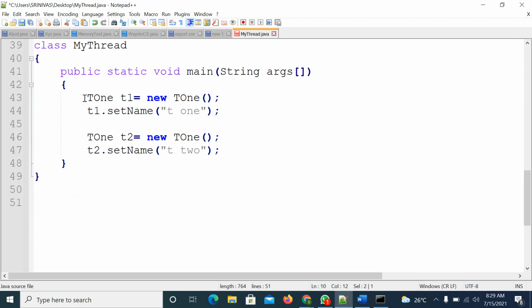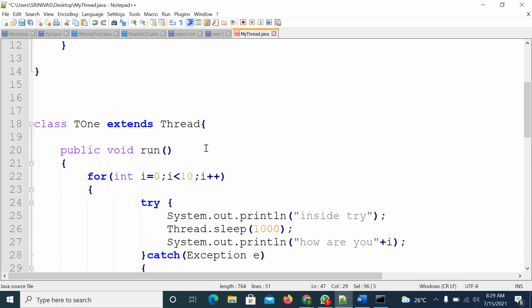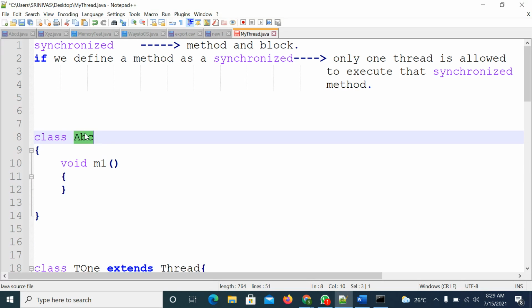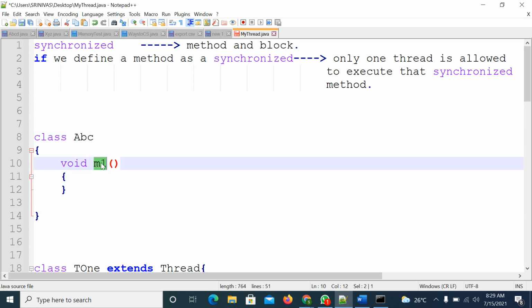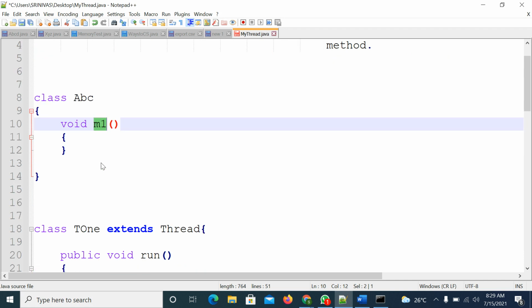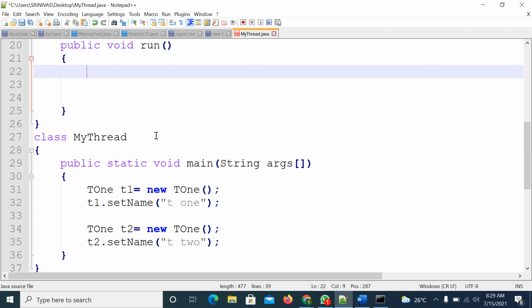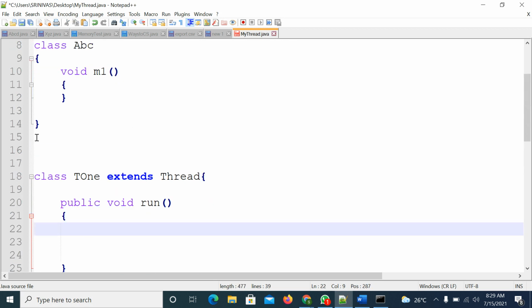If these two threads want to access this M1 method, you can create an object of this class, and using that reference, you can call this M1 method. Try to understand, nothing great.